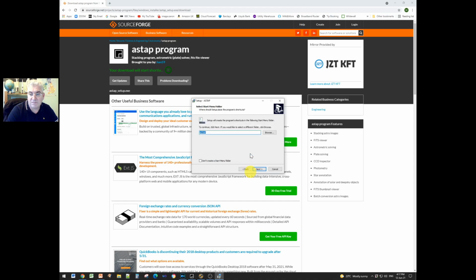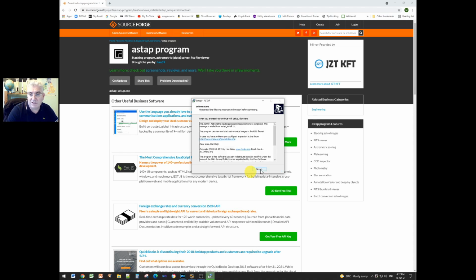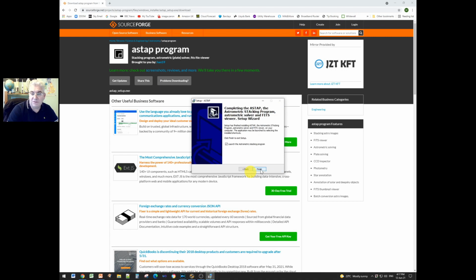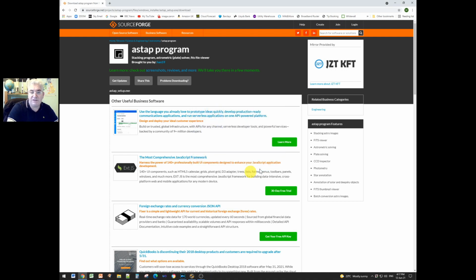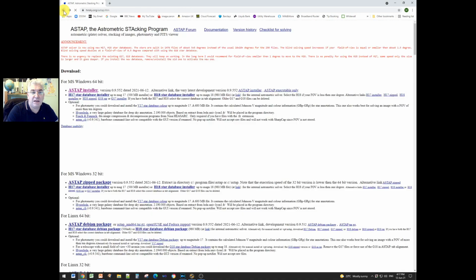Next, install, and automatically close anything that's open. And we won't launch it when it finishes installing, and click finish. Okay, so now we'll go back